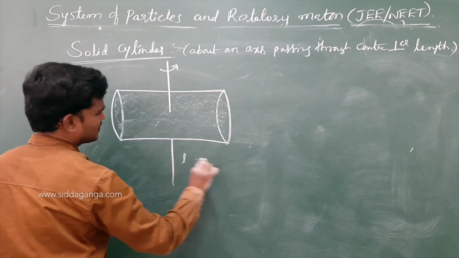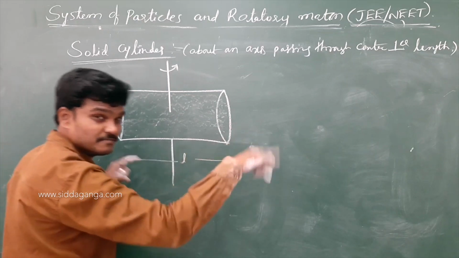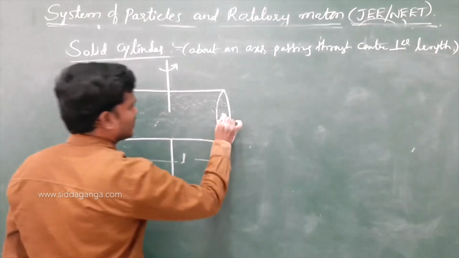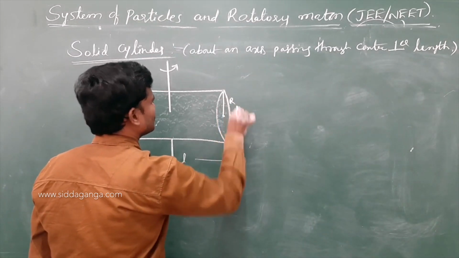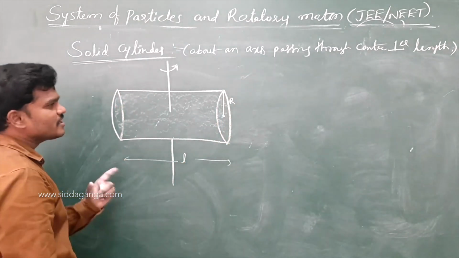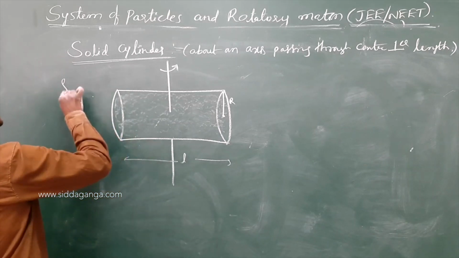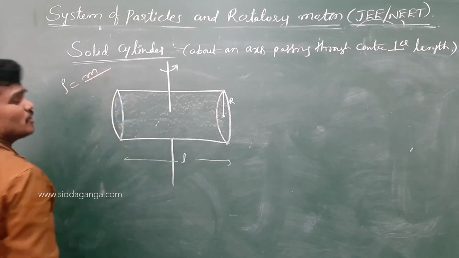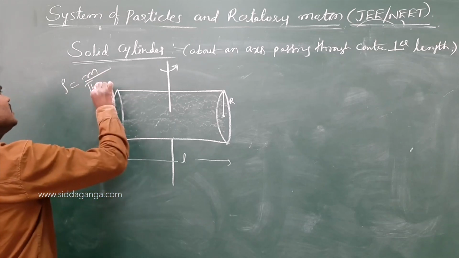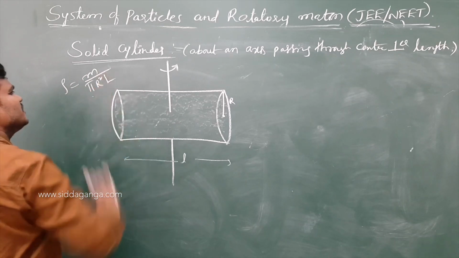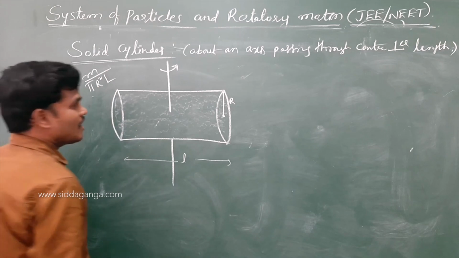L is the length. See, this looks like a rod. Okay, and this is radius R. Anyhow, let us first check what rho is. Mass by volume. Volume of the cylinder is pi r square h, and h is nothing but L. And from this center,